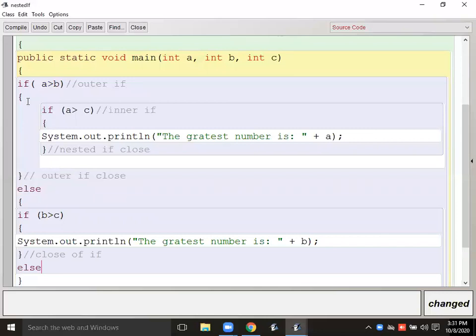In fact, I can form the else here also. Okay, see what I will do. Else, it means B is not greater than C. If this condition, this second if, is going to be false, it means this B is not greater than the C, but B is greater than the A. It means C is automatically greater than the A and the B. So in the else, what statement can I write?